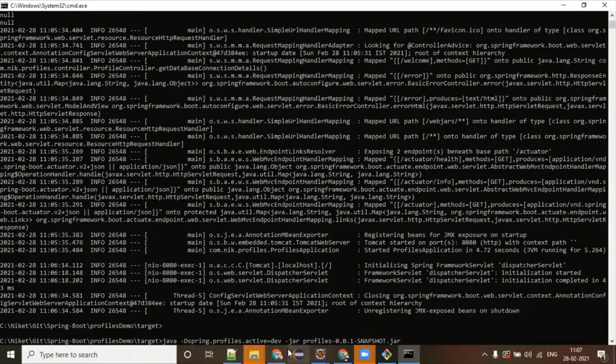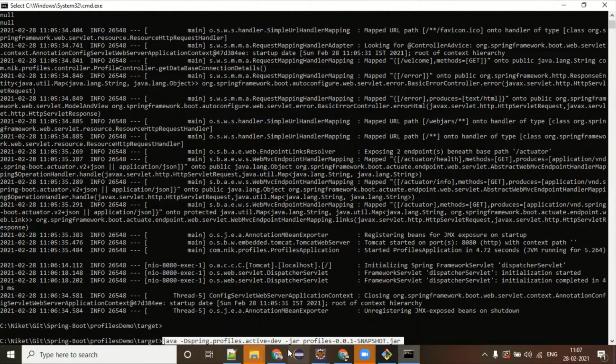Okay. So is it only available until this command window is there, or does it completely override the file also? No, that will not override. When you are passing like this, Spring gives priority to this configuration, but it will not change the file.